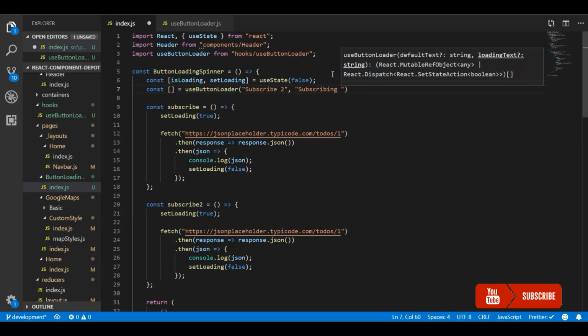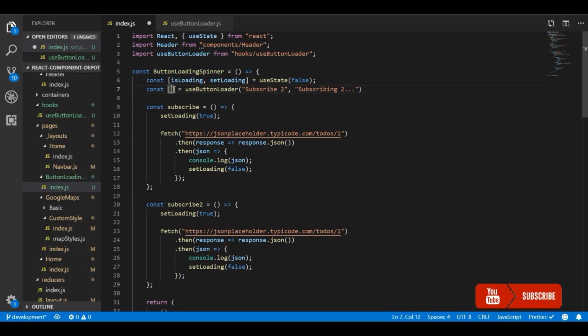For this demo purpose I'm using this, so you can use your own text here, so that it will be displayed on respective states. So it will return the element ref and the function to update the state. Let's call it subscribe state loading.